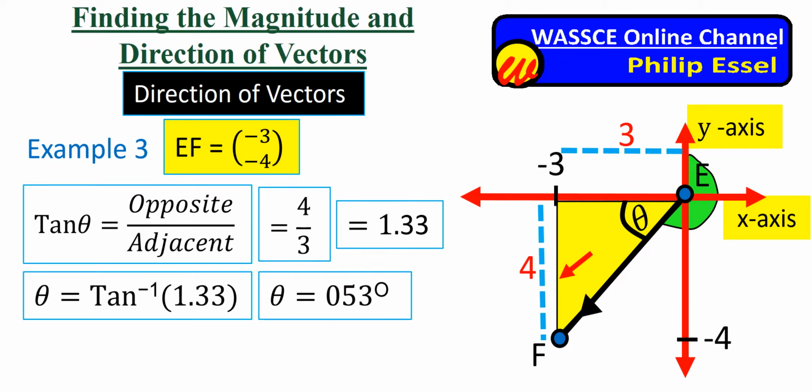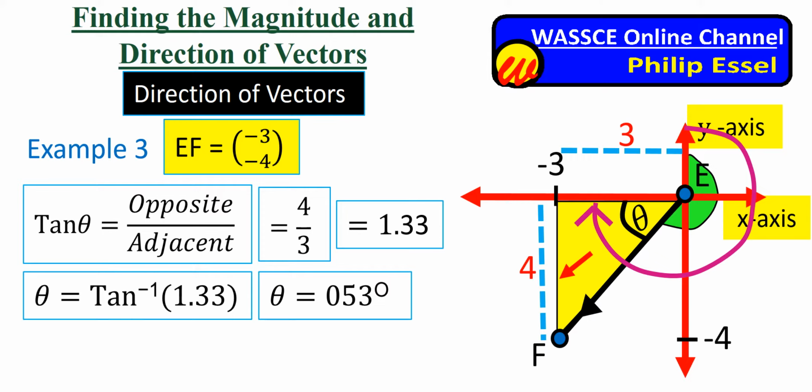53 degrees. But let's remember that this 53 degrees represents the angle theta. It is not the bearing or the direction. The bearing is represented by the green region. So how do we find the green region? First, let's note that when we move from the north pole to the west pole, we have moved an angle of